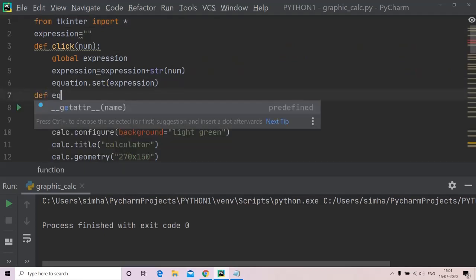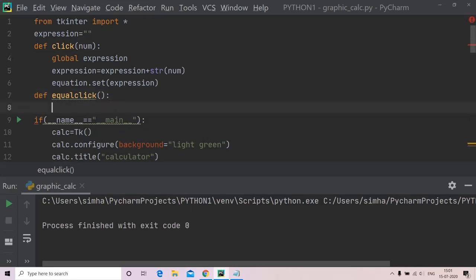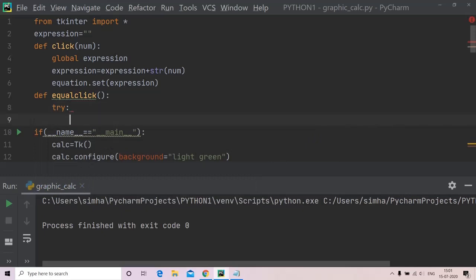Def equal click, this function do not need any parameters. Here I am using a try except block for accepting any errors like 0 division error, etc. Okay, now global expression,